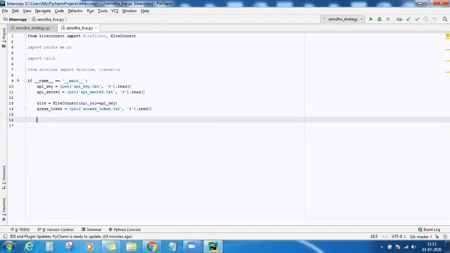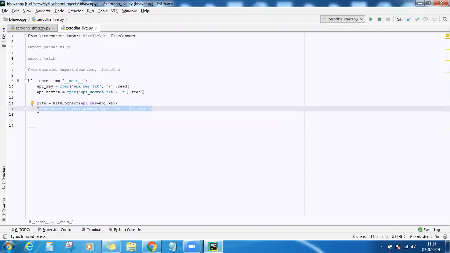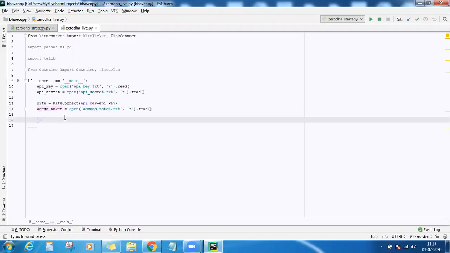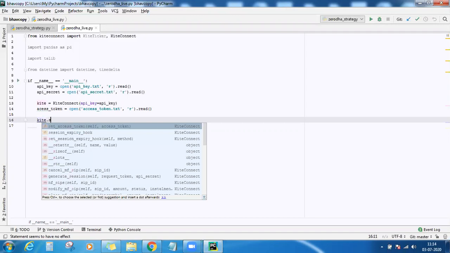And if you're opening your access token text file for the first time in the day, because I told you that it is going to flush the access token every 24 hours, so for the first time in the day, you have to generate the request token, and then from that you have to get the access token and write it to your access token text file. So if you already have it, let's say you are doing it for the second time in the day, then this line is enough. But if you're doing it for the first time today, then after getting the access token, first set that access token,